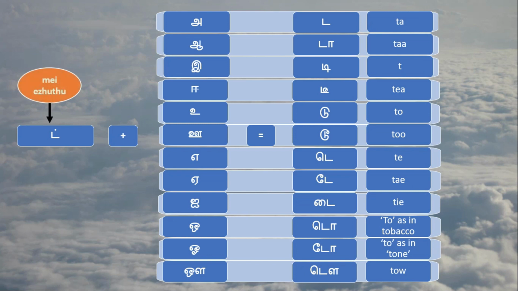The மெய் எழுத்து it combines with the உயிர் எழுத்து a to produce the உயிர்மெய் எழுத்து ta. Similarly, it combines with the other உயிர் எழுத்துக்கள் and produces another 11 உயிர்மெய் எழுத்துக்கள், namely ta, tt, tutu, tete, tai, toto and tau. In the next videos, we shall see other மெய் எழுத்துக்கள் and the உயிர்மெய் எழுத்துக்கள் corresponding to them.